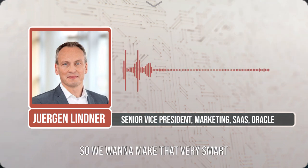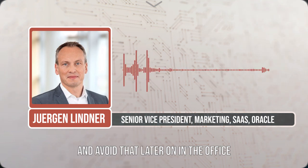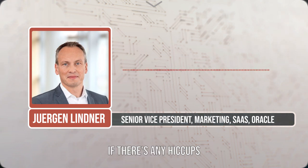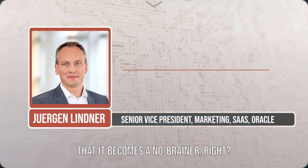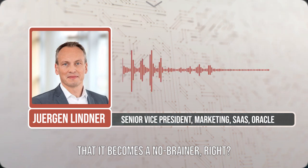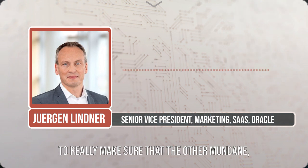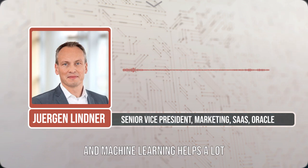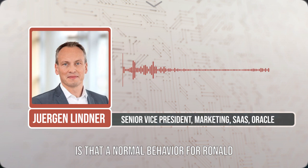So we want to make that very smart in detecting based on information entered and avoid that later on in the office, there's any hiccups, and make that so super simple that it becomes a no-brainer, right? So it's one of our big investments to really make sure that the mundane, the drudgery gets weeded out, and machine learning helps a lot to really see, okay, can we learn,